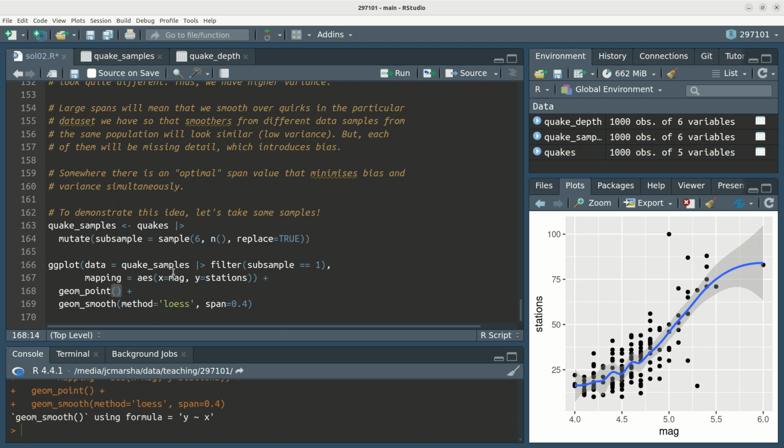Let's add some alpha again. Okay, and you can see now that the trend that I'm fitting is a lot wigglier, and that's because I've specified a low span. Okay, and now if I look at the second subsample,